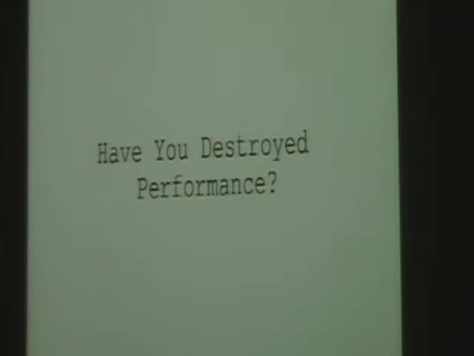We've gone through the stages of killing a bunch of bugs, fixing our own problems. We want to make sure that the things that we're introducing into PDF Writer don't make it slower than it already is, because it's really slow. So the question is, when you're working on code that isn't yours, have you destroyed performance? Maybe you refactored code that looked ugly to you.